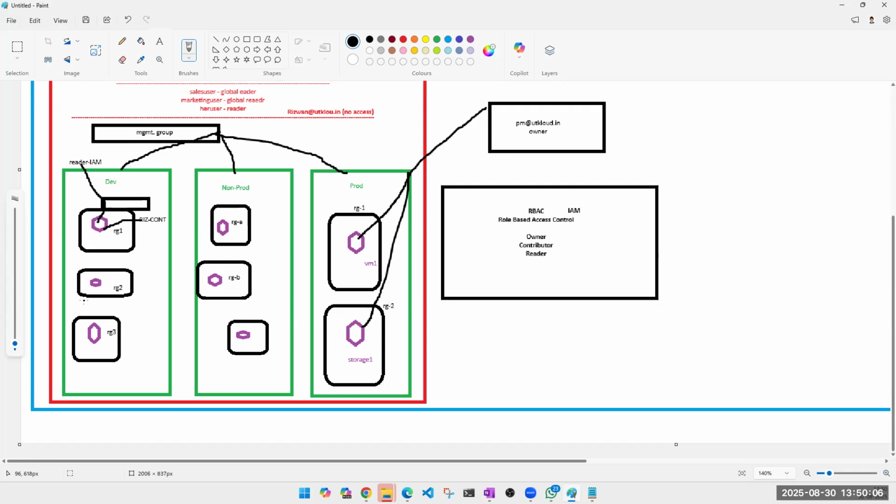Yes, you will get both roles. The higher role will always supersede the lower role. Got it? Higher role, that's the principle. Higher role will always supersede the lower role. For example, if I take the same example and I have added Kanika here as a contributor or owner.